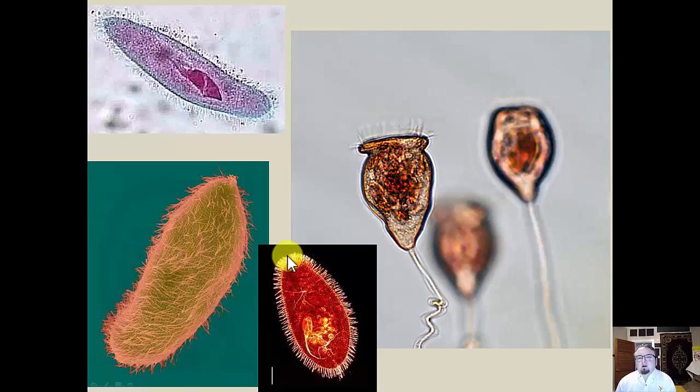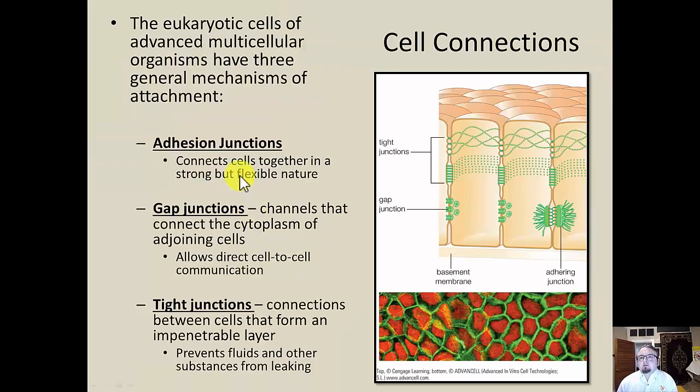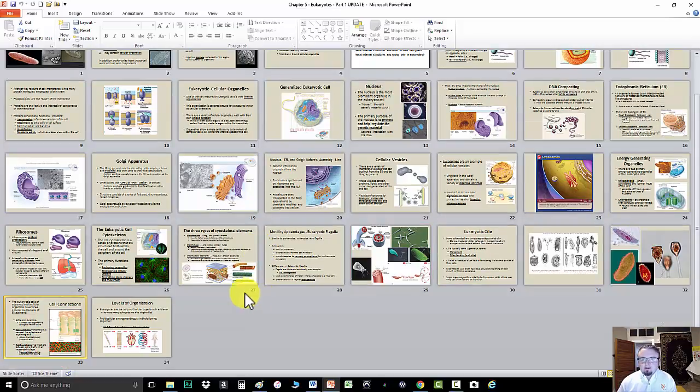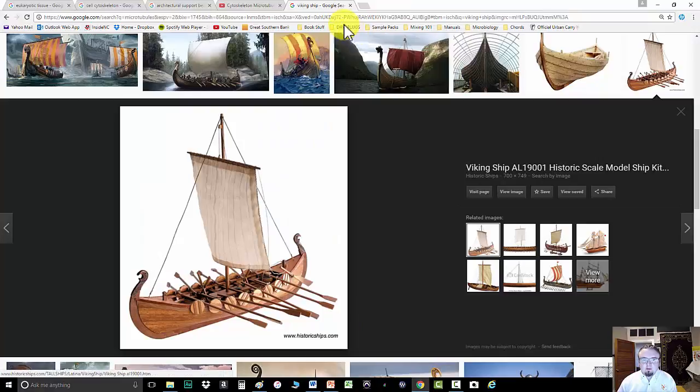Last but not least, we have in eukaryotic cells what can be referred to as cell connections. There are a couple ways that they work, but they all help to join cells together, which leads to the formation of multicellular organisms, but really it leads to what we refer to as tissue. So when we look at how multicellular organisms come about, they go through the process of individual cells joining together to make tissue, and then those going on to make organs and organ systems.